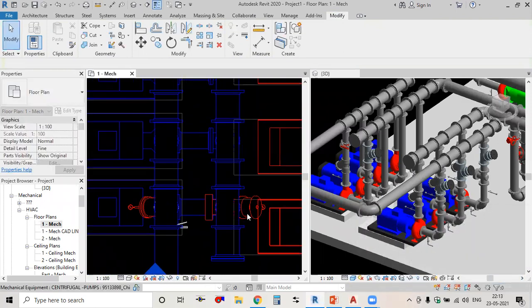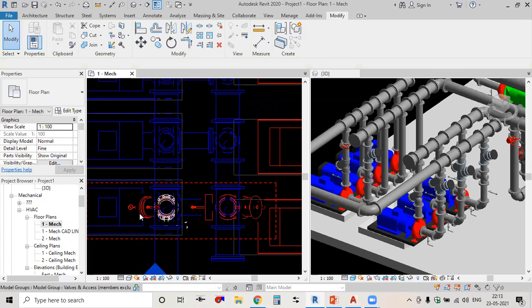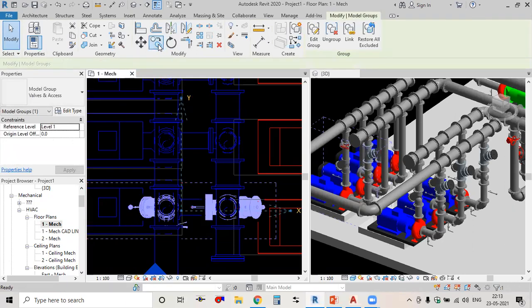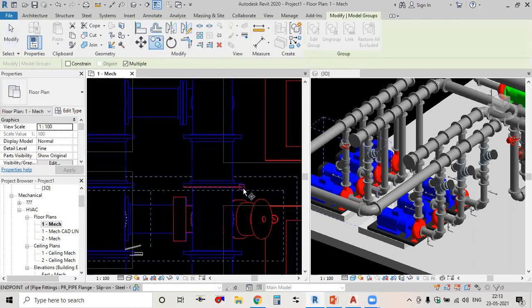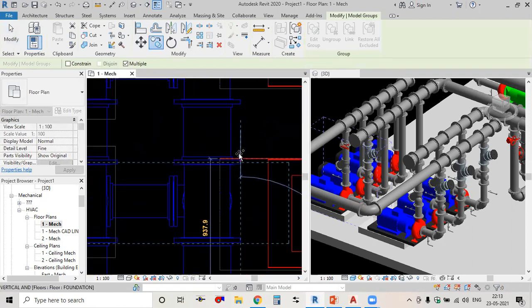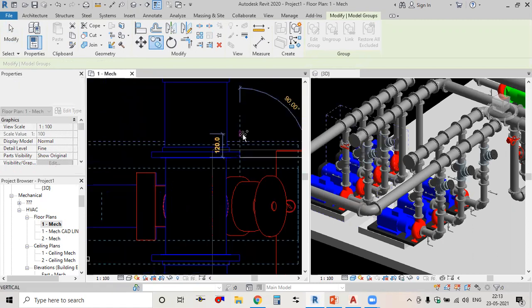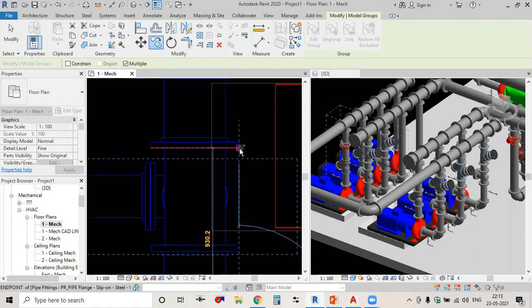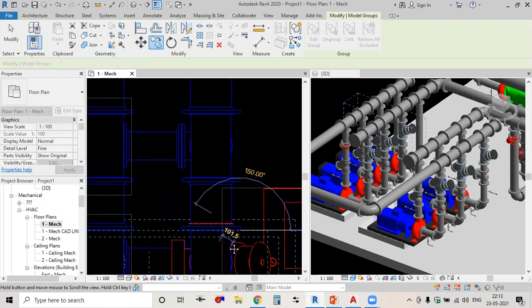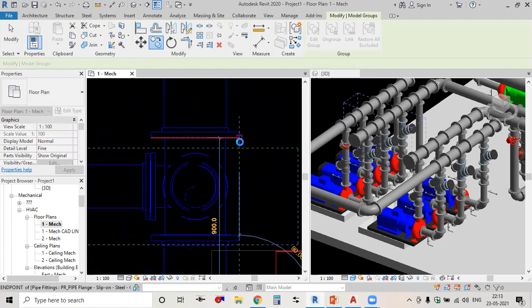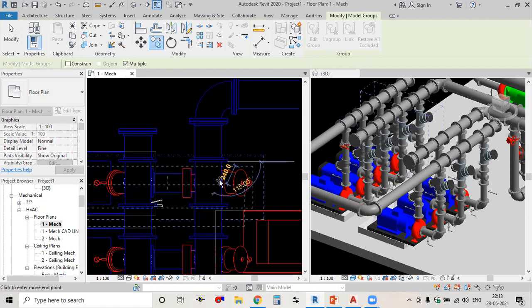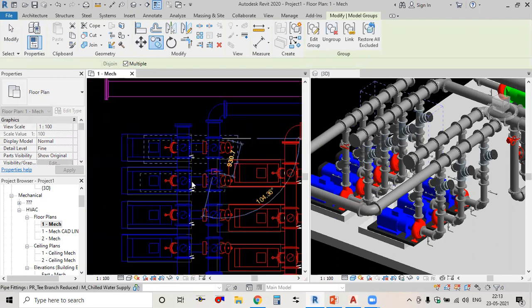Okay. Same you can copy from here also. Select this group, copy, pick from this point, click here, and again click here, and again click here. Okay.